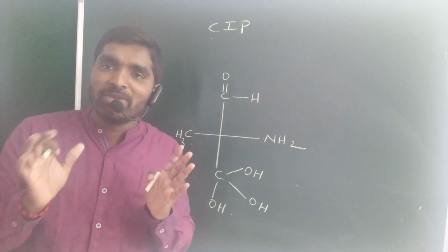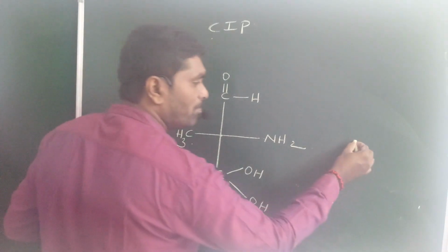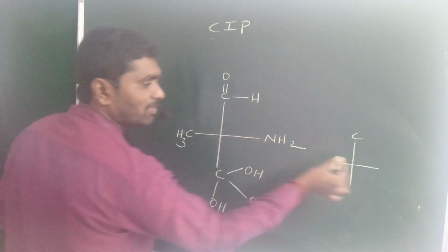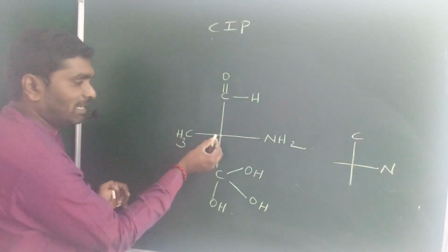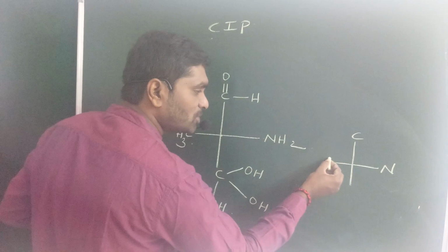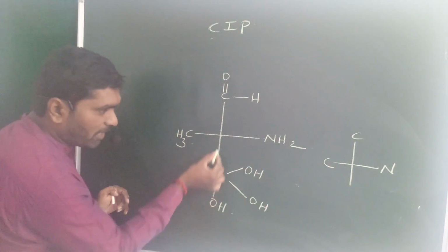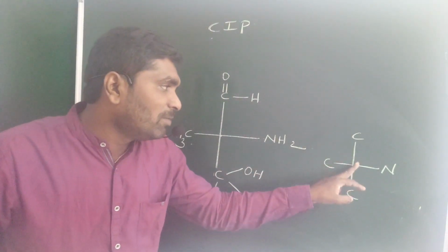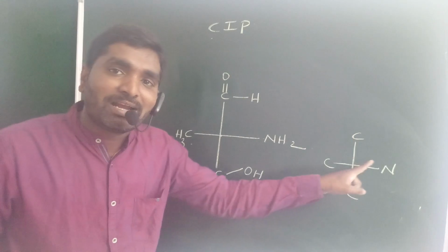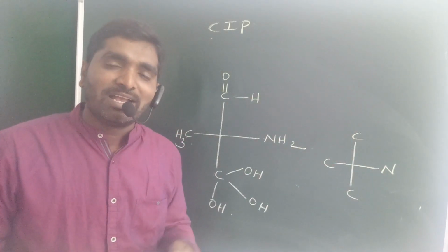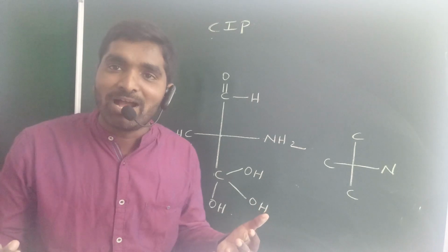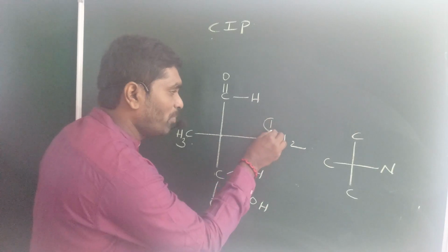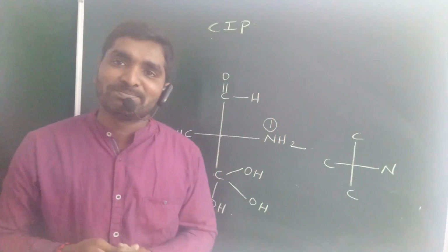First you should see the atomic number. The middle carbon: the one above the plane is bonded with carbon, the right side is bonded with nitrogen, the left hand side carbon is bonded with carbon, and below the plane the carbon is again bonded with carbon. Look at this one. The middle carbon may be bonded with 3 carbon atoms and on the right side 1 nitrogen atom. Compared with carbon, you know that nitrogen has the higher atomic number. So this NH2 group always gets the higher priority.